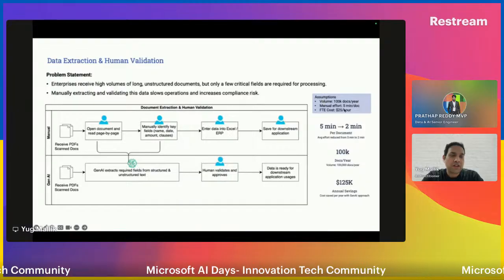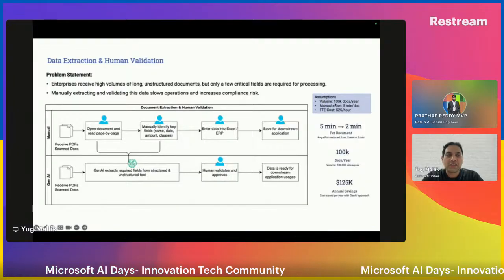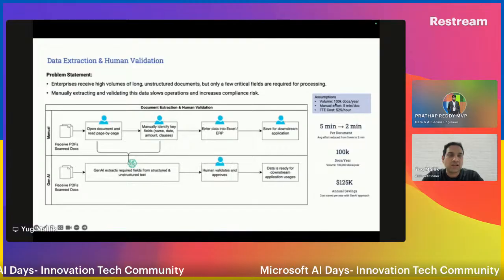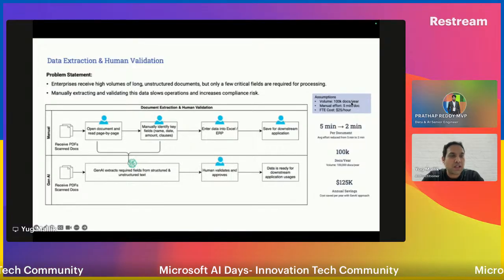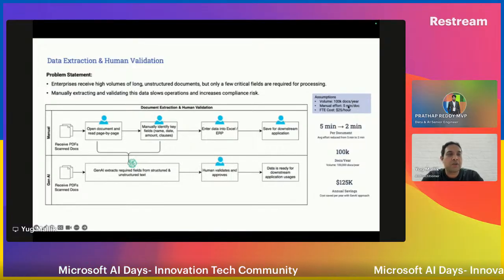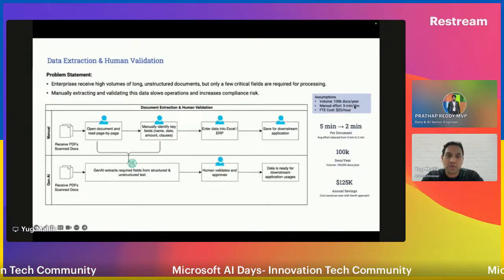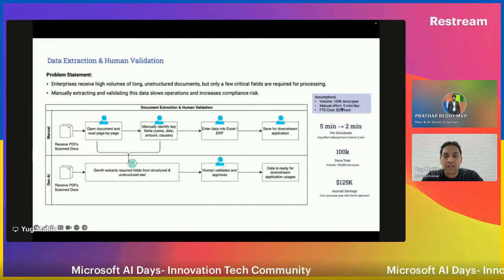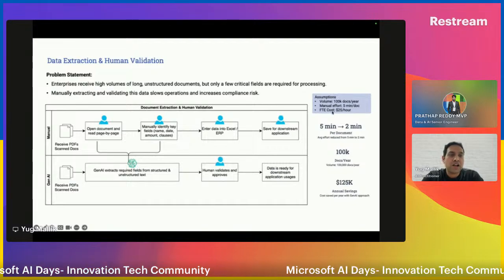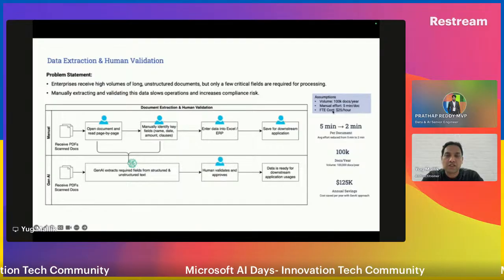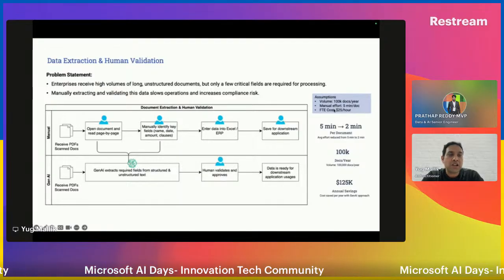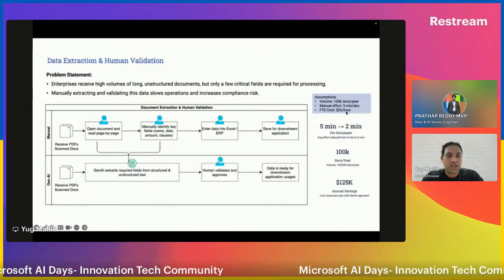If I take an example, assuming that a company is processing 100K documents per day, and they are spending approximately 5 minutes per document in processing it. This is the manual intervention part I'm talking about. And the FTE cost, the employee who is doing that, is $25 per hour.